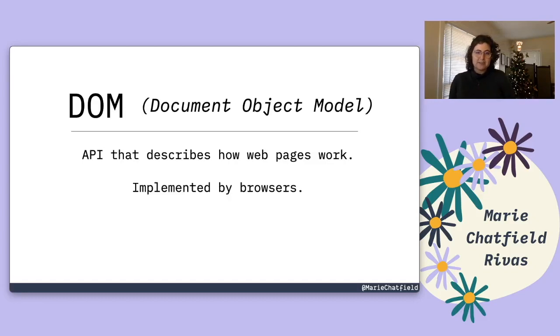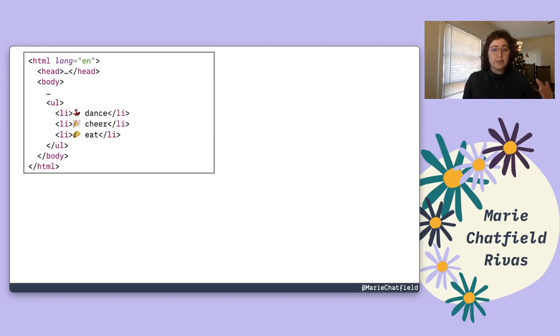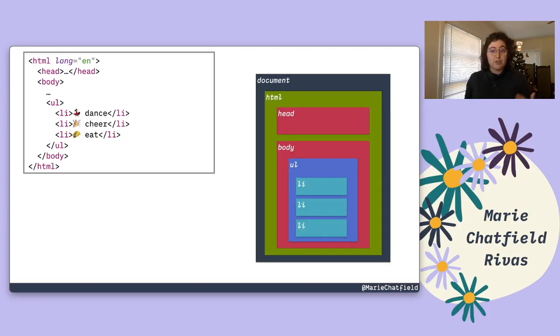implemented by browsers. So when a browser gets an HTML text file, it uses the DOM APIs in order to figure out how to parse that text file into this hierarchical data structure that we sometimes call the DOM tree, because it's a tree data structure. We can see that the top level object is this document. Then it has children, it has nodes inside of it, and they all map to the same HTML elements we see in our text file. So there's an HTML text element, and that corresponds to the HTML DOM node. The body HTML element becomes a body DOM node, etc., all the way down.